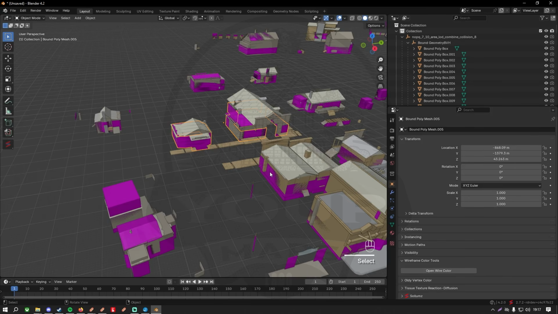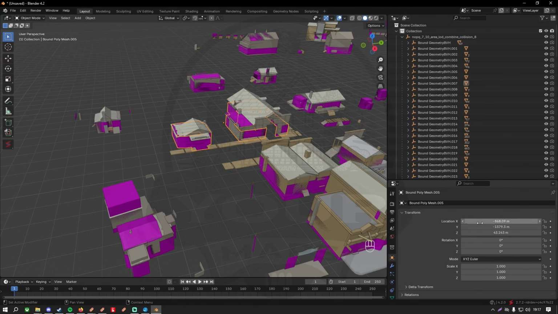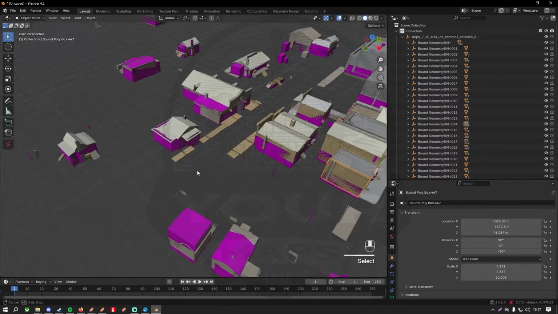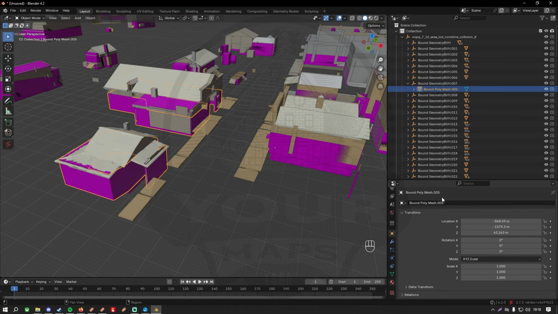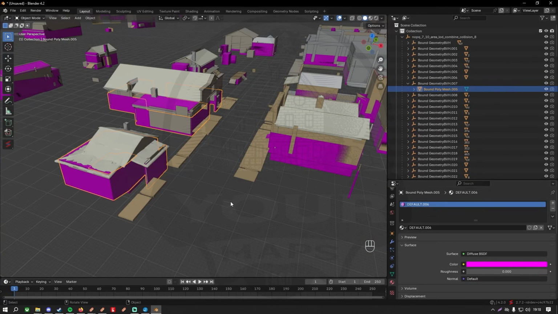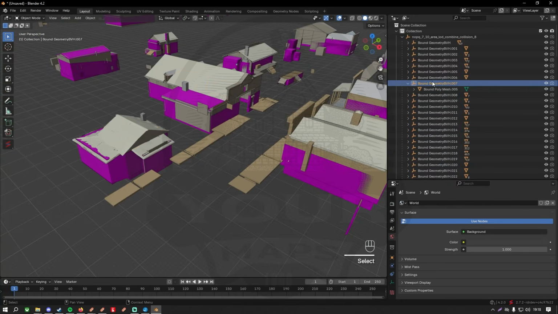At this point, we can see the location, it's already placed in the world. Everything has different locations, so it was baked here in the world. You will often see this type of collision, this BVH, okay? These polymeshes normally have a default material, and they serve mainly as, if we click on the BVH and we go to